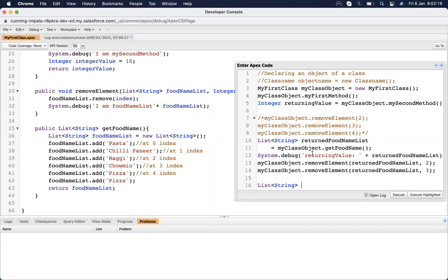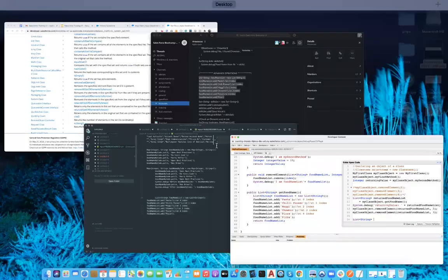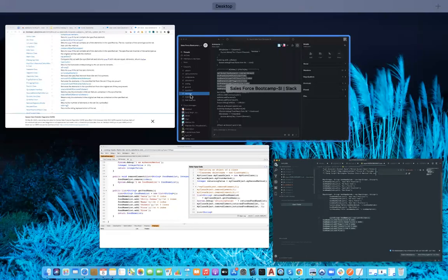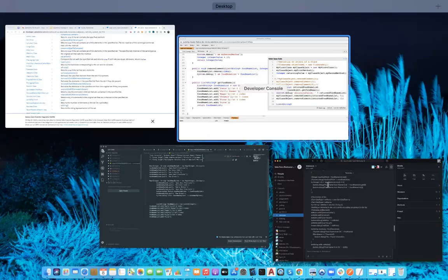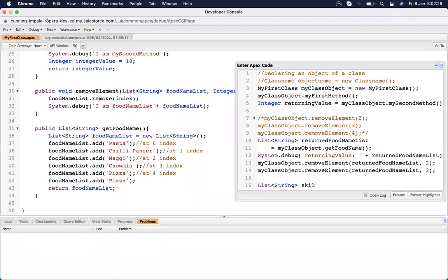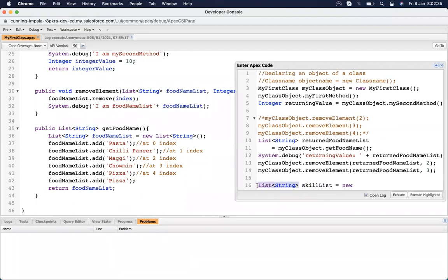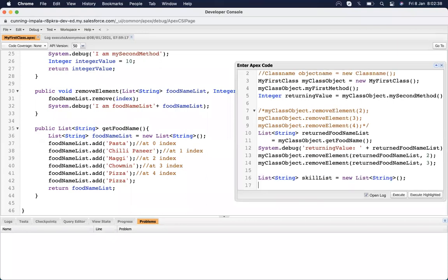I forget the name. Skills. Instead of doing it, let me do it somewhere here. IT.